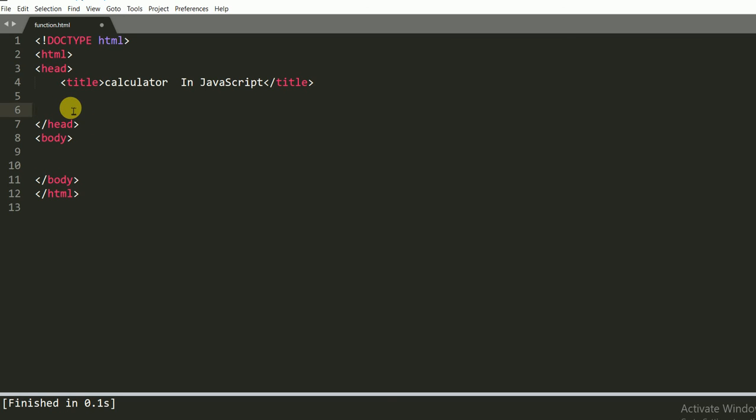So we need to write our code in HTML. So we need a script tag. Inside a script we are not connecting any other files, so we cut this. So I'm making a function, display.